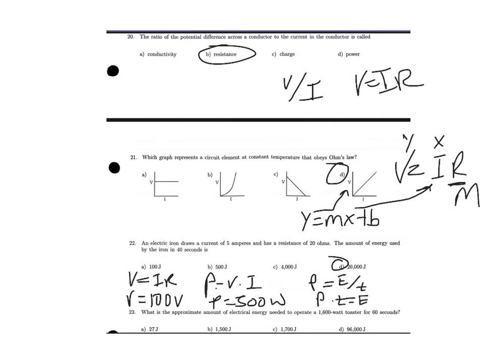Number 23, what is the approximate amount of electrical energy needed to operate a 1600 watt toaster for 60 seconds? So you would need 1600 equals energy over 60, and I believe that's 96,000 joules, but I could be wrong. Yes, it is indeed